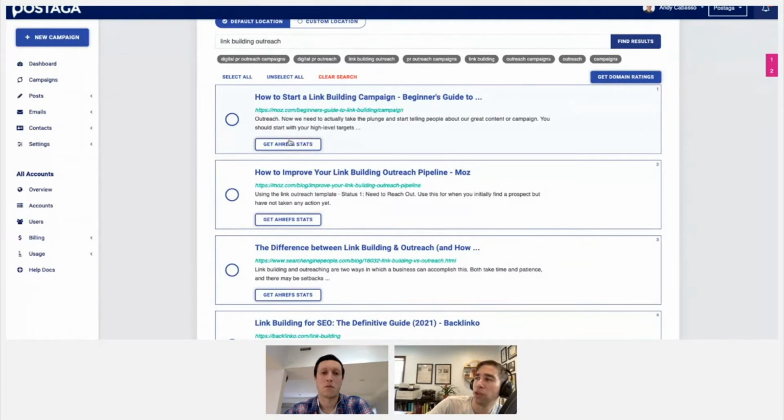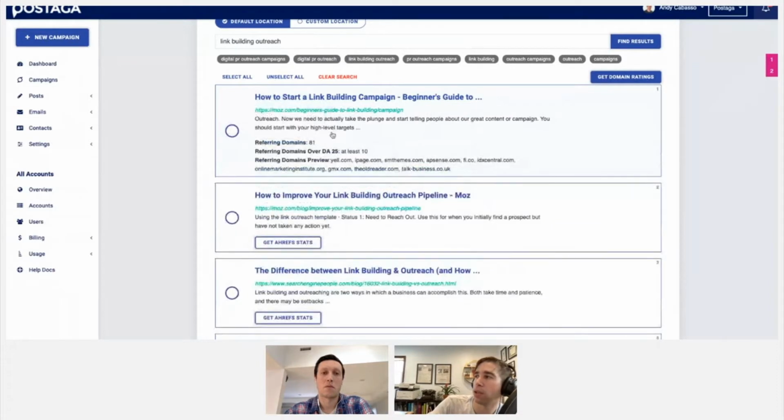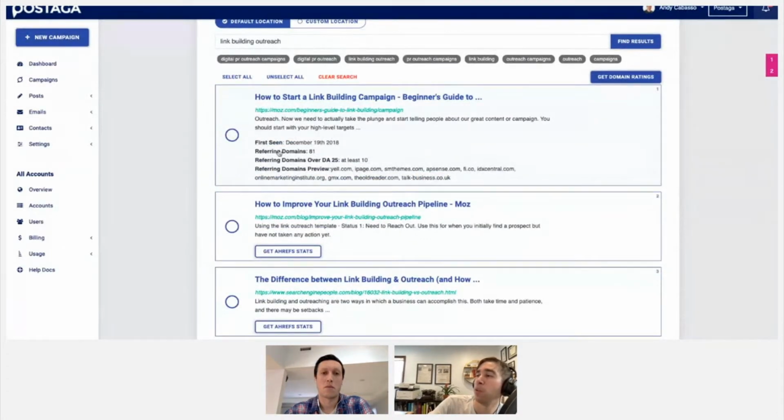And what we can do next, through our integration with Ahrefs, is get stats on each of these articles. For example, this will let me know when this article was published or most recently updated, how many referring domains they have, but also how many referring domains they have with a domain authority over 25.